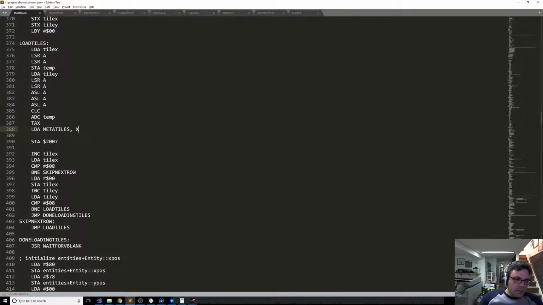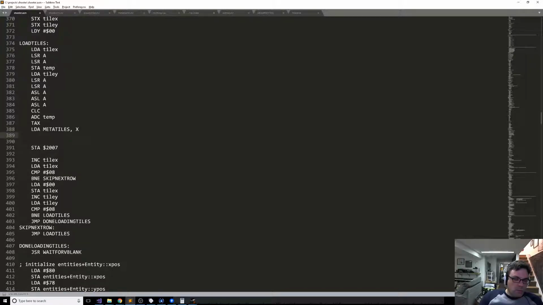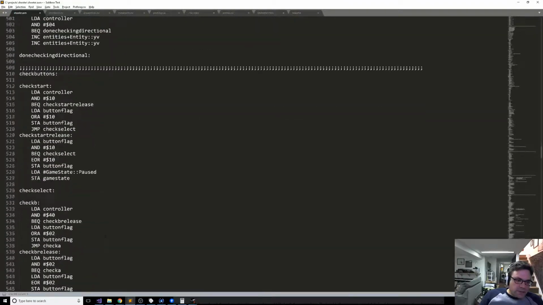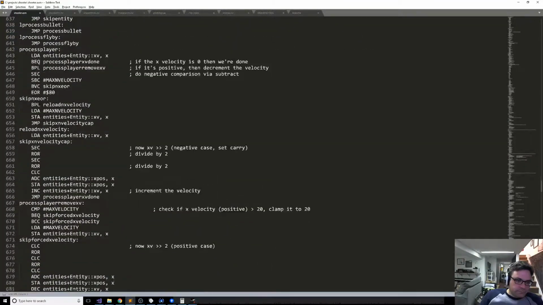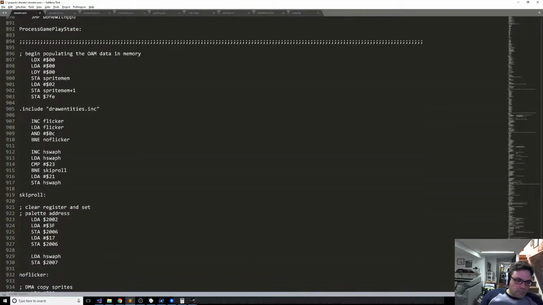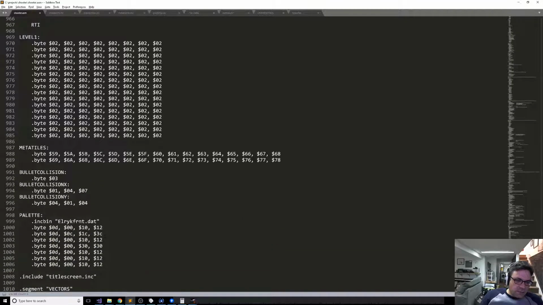That's not exactly what we want to do. What we want to do is, now that we know which meta tile we're dealing with, now we have to find the actual tile value for the meta tile that we're currently drawing. So that's basically going to tell us how many bytes do we need to skip to get to our meta tile indexes, and then